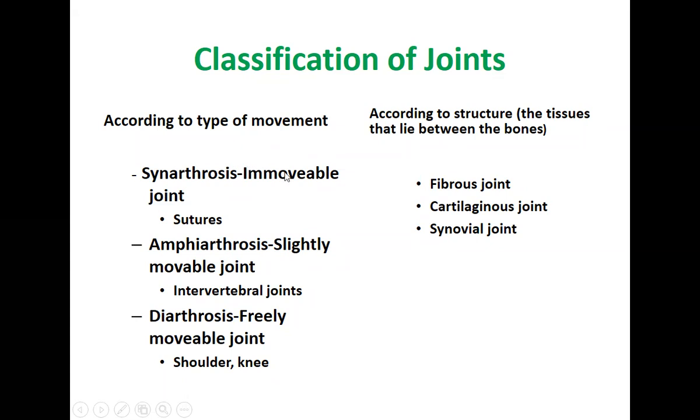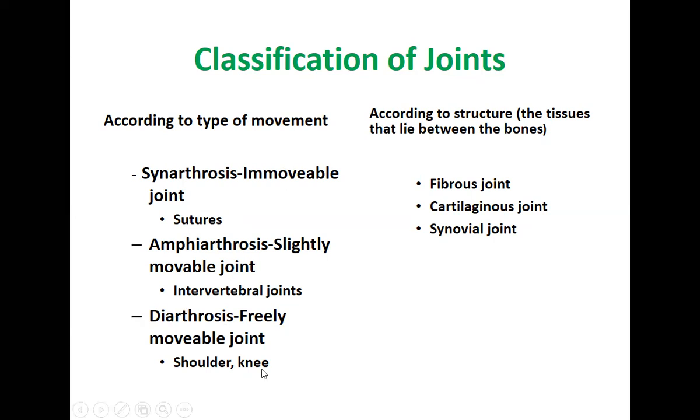Where there is no movement, this is called sutures. As I said, it is not necessary that there should be movement at a joint. So in synarthrosis there is no movement. Immobile means it is not a movable joint. Okay, the best example is sutures. As I said, the frontal bone will join with the parietal bone and there is no movement at that joint. So those are called sutures. Sutures are within the skull, between the bones.